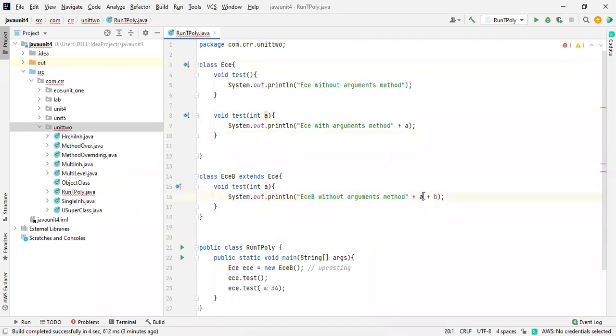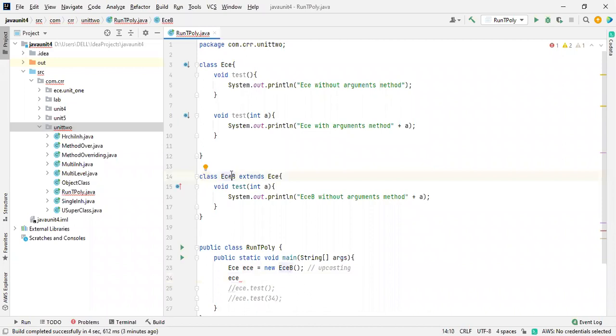So here I want to remove this one because it is not available. I just created this, and as I want to make a comment for this, I don't want to print this one right now. Okay, so here I'm calling ECE. Actually, the reference was the parent class, but I upcasted with the child class.